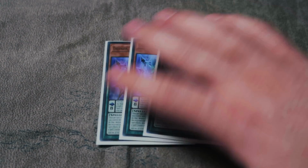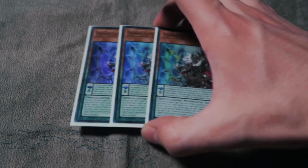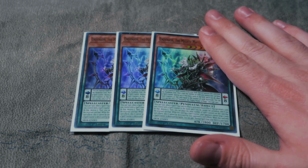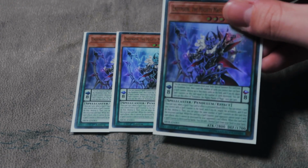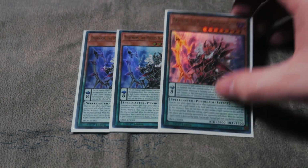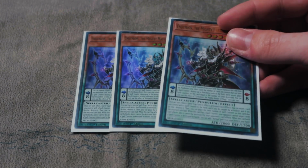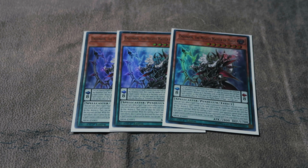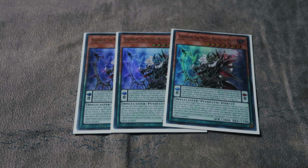So let's begin. Starting it off, we have 3 Endymion, the Mighty Master of Magic. We're playing pure Endymion. We moved away from the Pendulum Magician idea that we wanted to have from the start of the series, and now we are here playing pure Endymion, and I definitely like this strategy a lot more. I just feel like we're still missing a lot of very important Pendulum cards that would go off of Harmonizing Magician's powerful effect to be able to be a tuner, but not only that, special summon a Magician from your deck. We don't have really any level 8 synchros, so sticking with the pure Endymion was definitely, I think, the